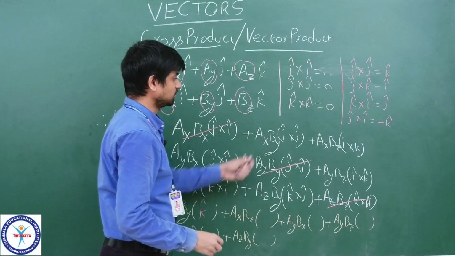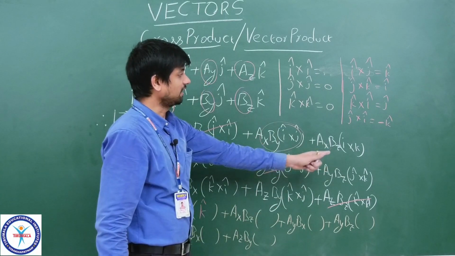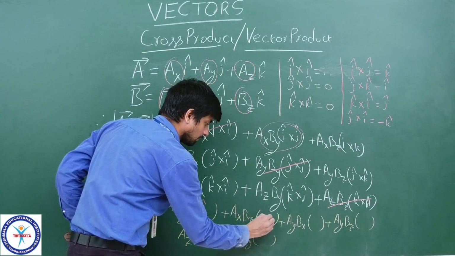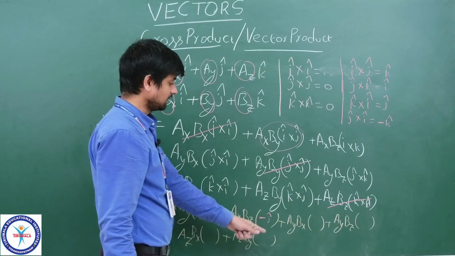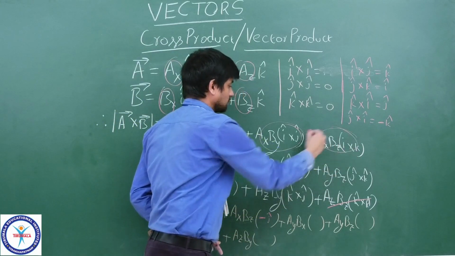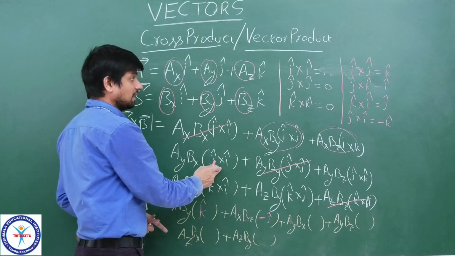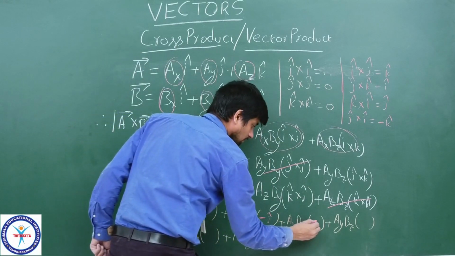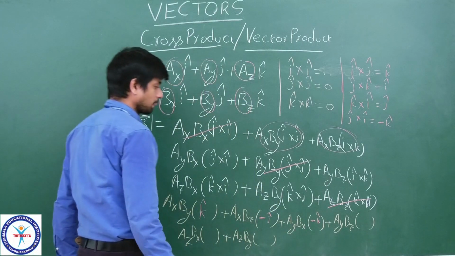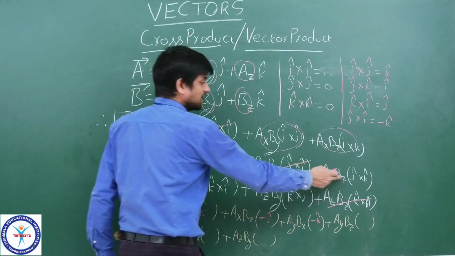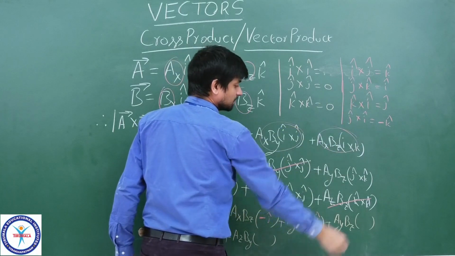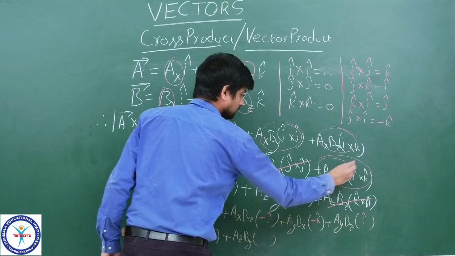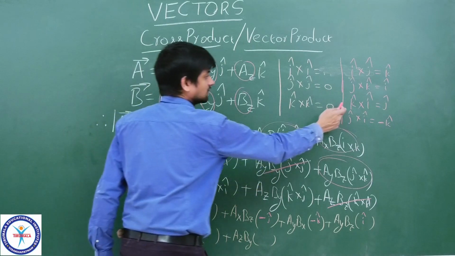K cap. Okay, so this is over. Now, i cross k value j, and k cross i value minus j. Yes, so this term is also over. Next one, j cross i cross j value k, and j cross i value minus k, so this one is also over, and j cross k, that is in order. So, i cap. Okay, this one is also over, and here k cross i, so both are in the same order.